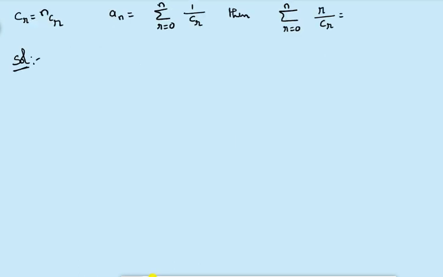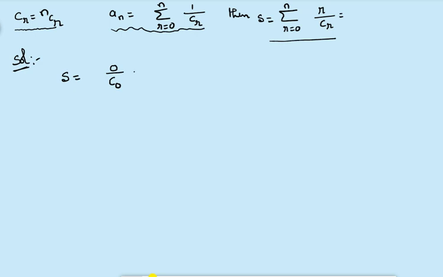Right, this is another question. We know with the usual notation that Cr is nothing but nCr, and an equals sigma r equals 0 to n of 1 by Cr. Then he is asking for this particular value. Let us say this is equal to S. Tell me what we can write. S is equal to